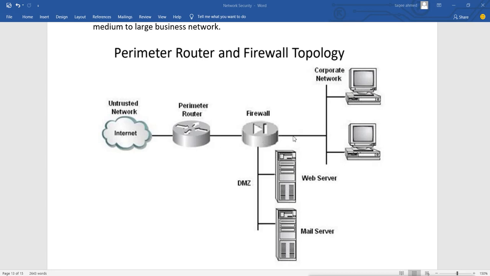So they cannot get into the servers for the internal network, which have sensitive data. This can be called the perimeter router and firewall topology, where we have a firewall along with perimeter routers, with which we can configure more detailed rules for our network traffic.